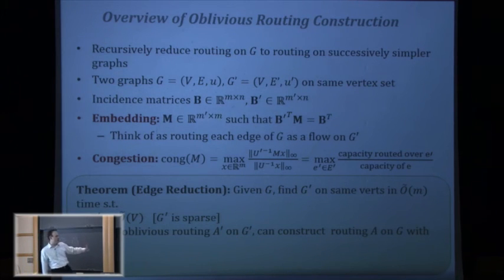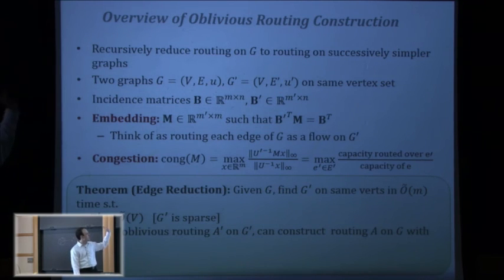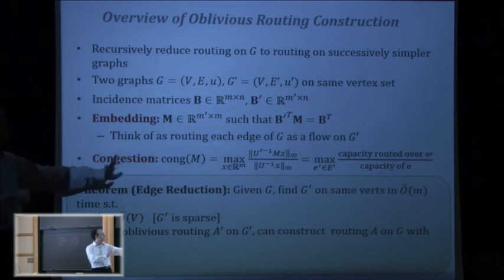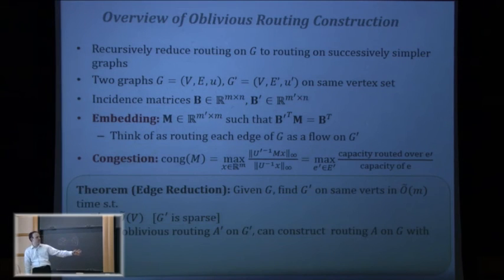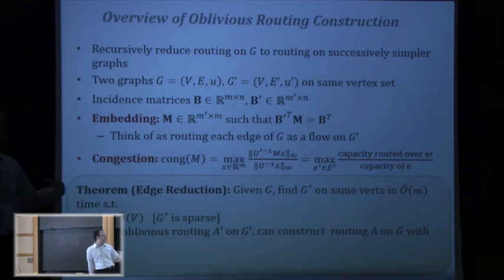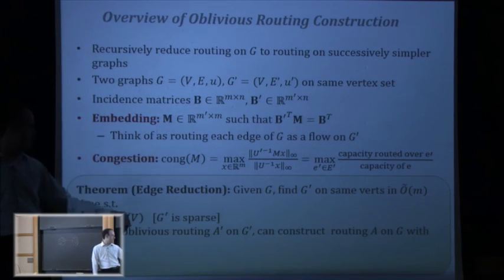So for the edge reduction, I'm not going to quite say the word embedding in certain cases because it's almost an embedding, but not quite. It's a couple lines away from an embedding. But the idea is, given G, I claim you can find a G prime in almost linear time so that the new graph is sparse. So this is our theorem, and it's going to be very close to flow sparsifiers. I claim you can construct a sparse graph